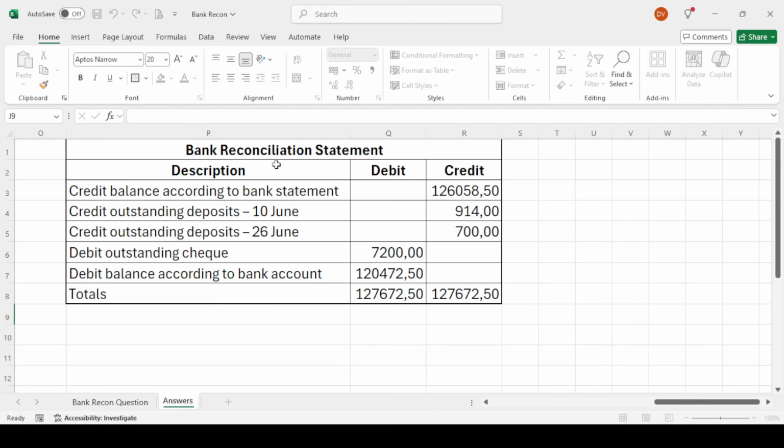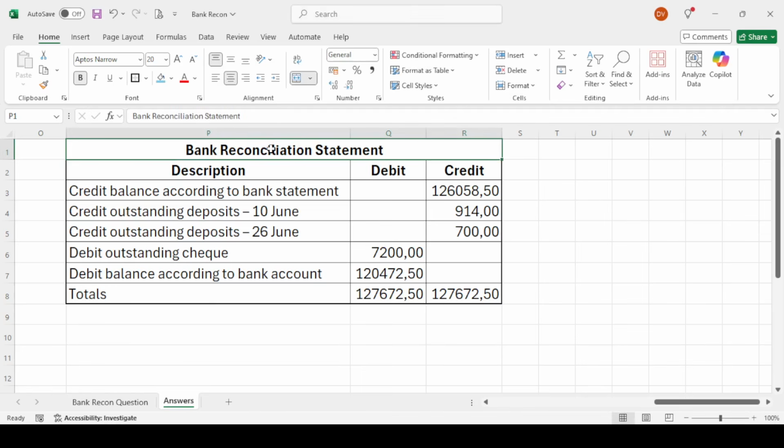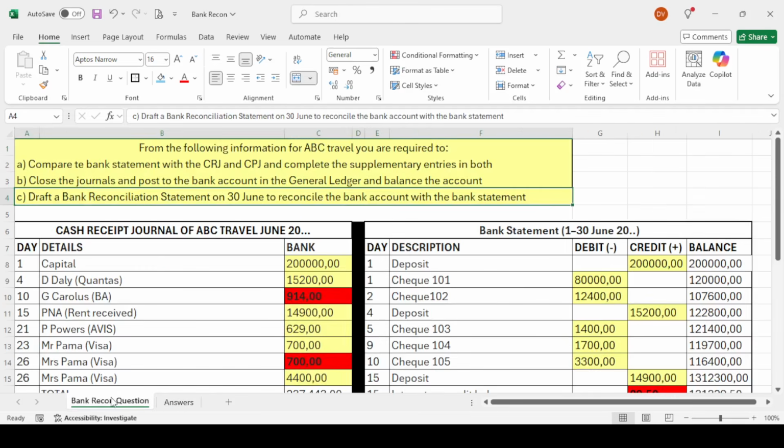So this is the bank reconciliation statement that you need to do. This is what it looks like. It's in all of your textbooks. It's literally just a description, a debit side, and a credit side. Okay, now where does this information come from? Remember, we are getting it now from our journals. If it's on the journal, but it's not on the bank statement, it needs to go to the bank reconciliation. That's what we're doing now.